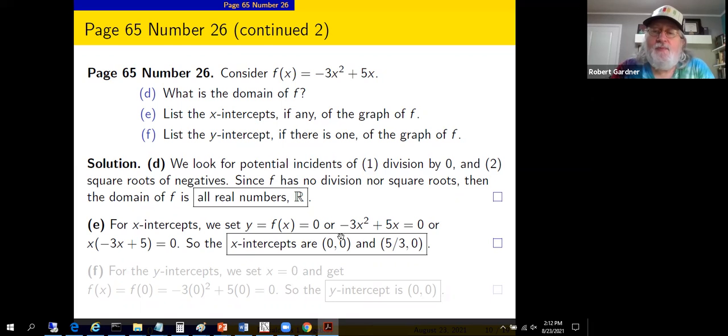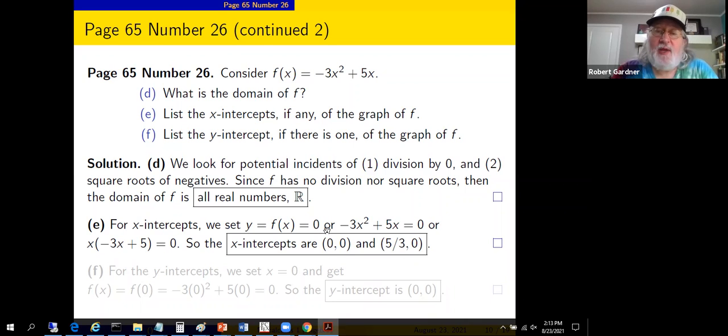This produces this equation. You need to solve for x. You could use the quadratic formula, it'll work. This one's easier to see how it factors, though. We can factor an x out. Then we get x times the quantity -3x plus 5. The only way this product can be 0 is if either x is 0 or this linear term, -3x plus 5, is 0. x is 0 when x is 0. -3x plus 5 is 0 when x is what? 5/3. So we get 0 and 5/3 as the x-intercepts,